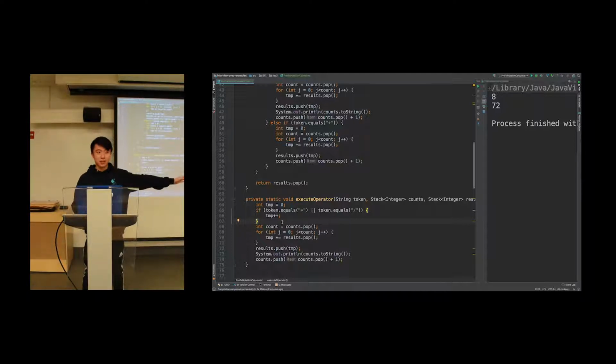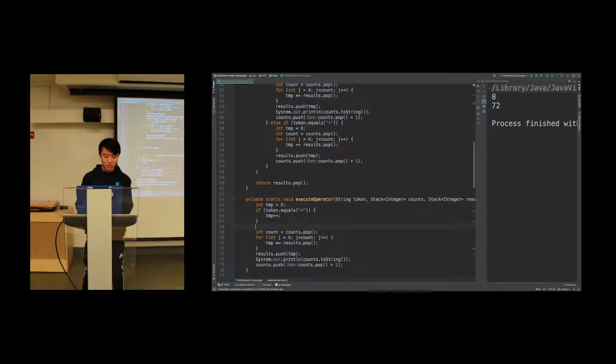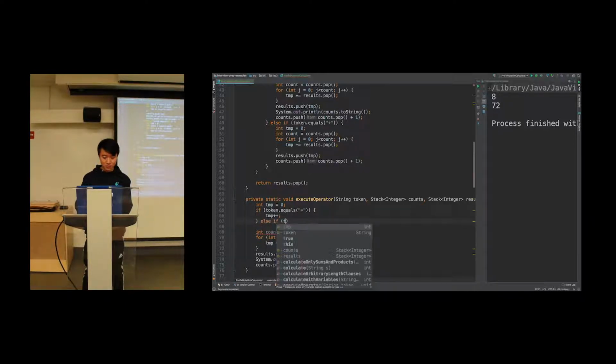Addition, totally fine with temp as 0. Multiplication, you need temp to be 1. For division and subtraction, you need temp to be the first item. So temp has so many cases that we might as well split it into a bunch of if statements. So temp starts off as 0, but if it's multiplication, then temp becomes 1. Else if token equals